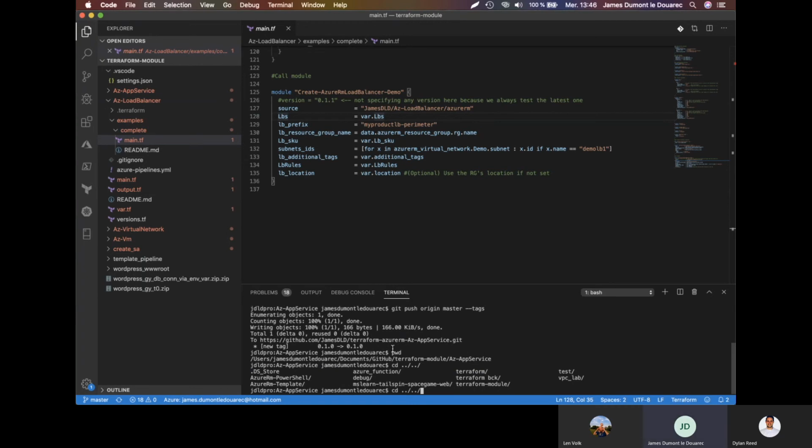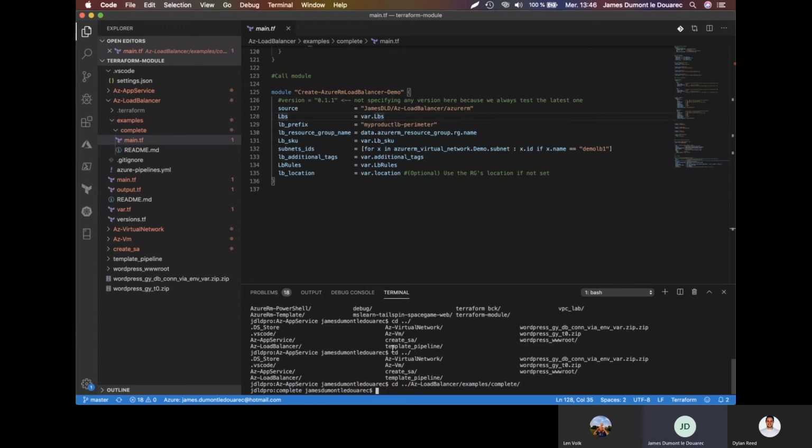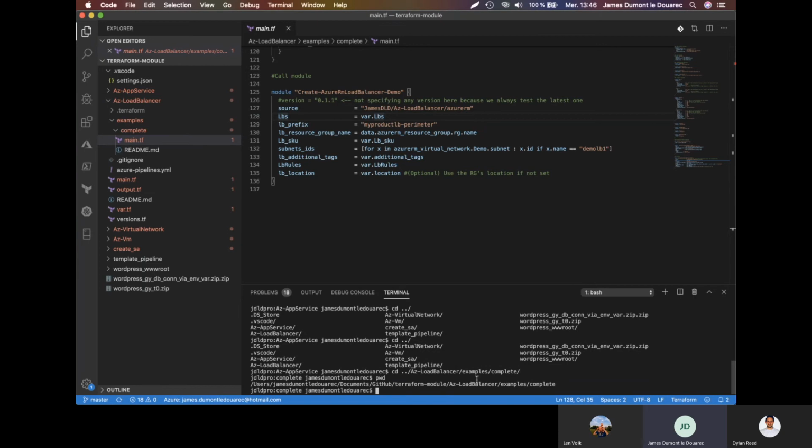Okay, or example complete. So here it is the sample. If I launch my Terraform commandlet, I have to be in this path location.